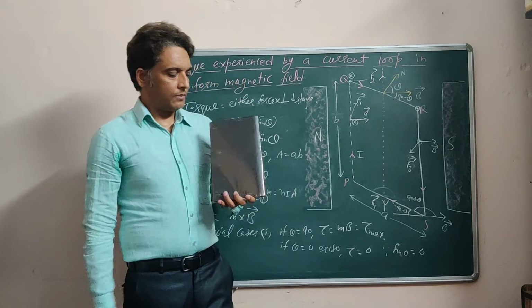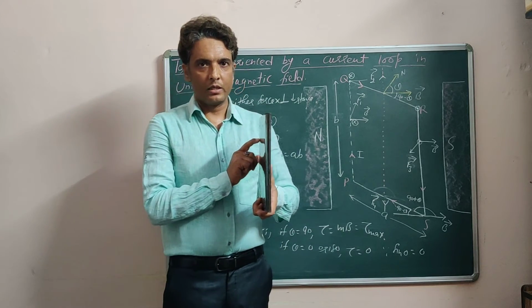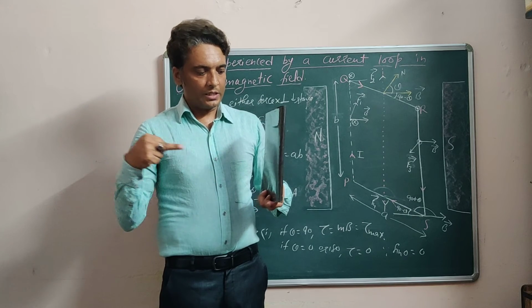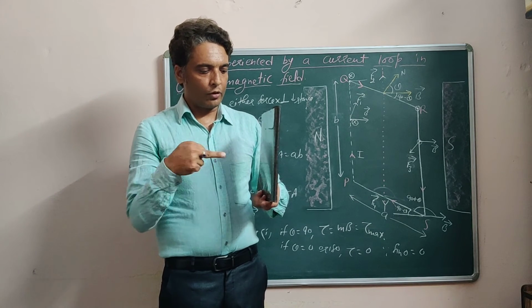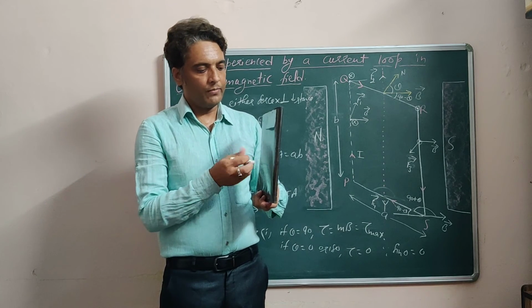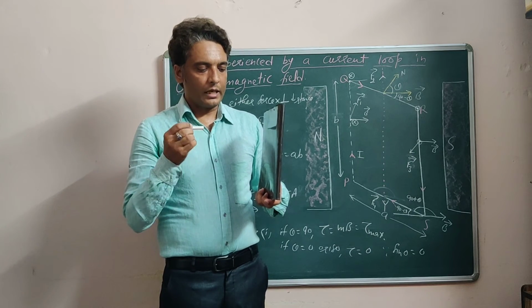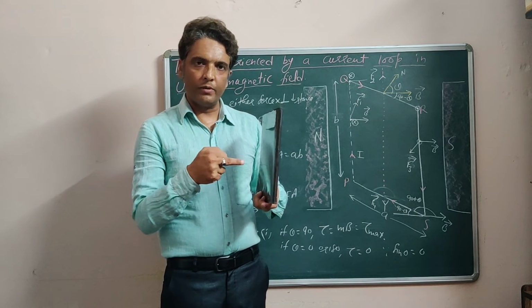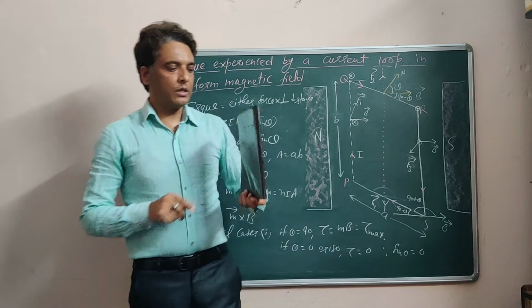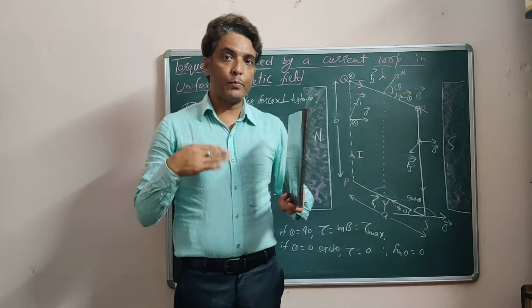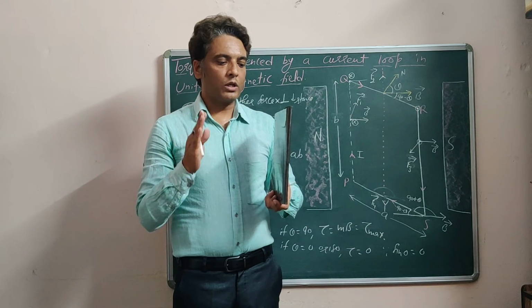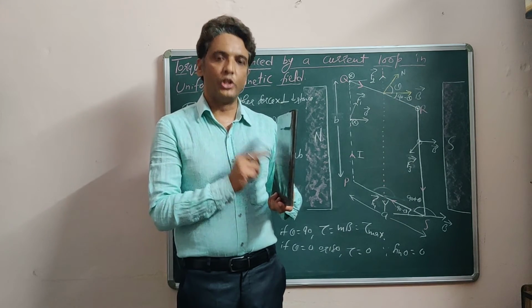You can see another case. If I place this coil in this manner, now the direction of magnetic field is from left to right, and this is the normal to the plane of the coil. If I take the normal, then the angle theta between magnetic field and normal is 0, and if you take this normal outward, the angle between normal and magnetic field will be 180. So in both cases, torque will be equal to 0. So if the plane of the coil is perpendicular to the direction of magnetic field, the torque experienced by the coil will be 0.